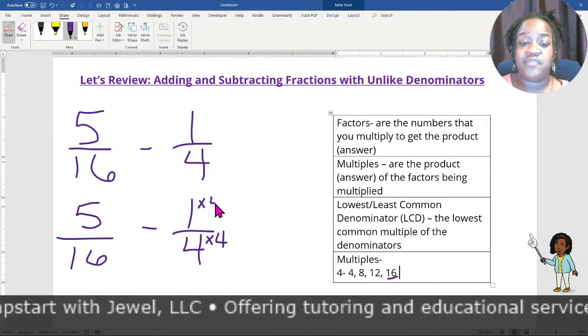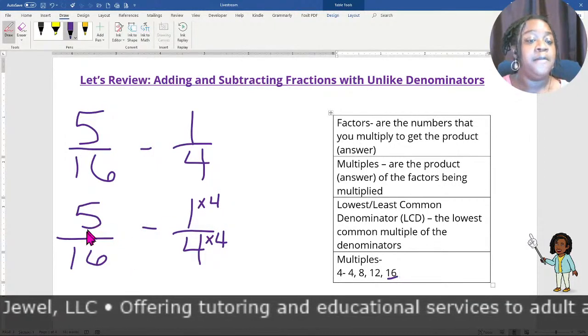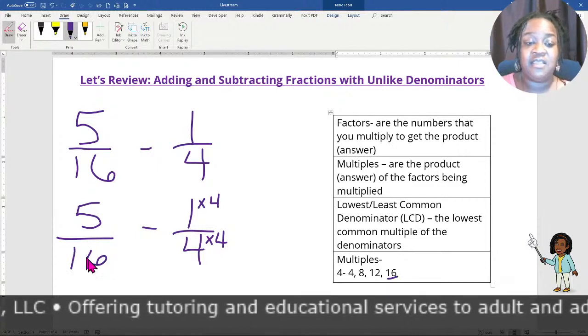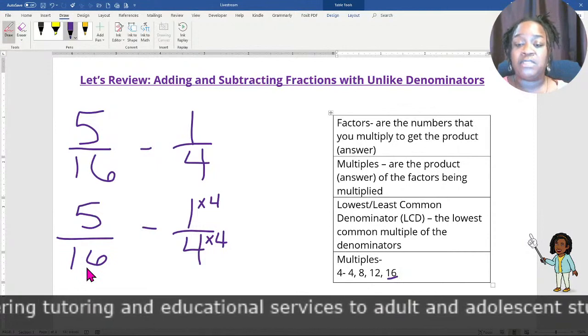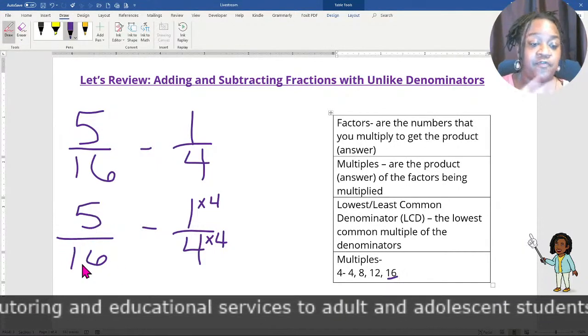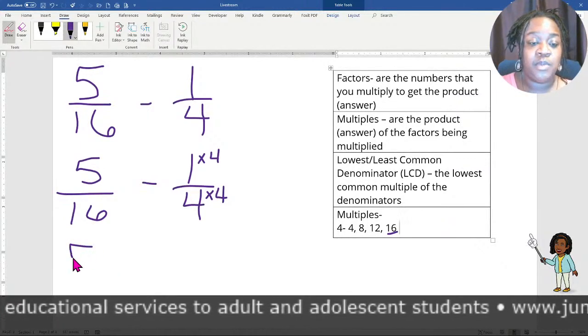So we're going to do the same thing with the 1. We're going to also multiply our 1 by 4. And because 5/16 already has a 16 here, which is our LCD, our lowest common denominator, we leave this particular fraction as is. So I'm going to scroll down a little bit. So we'll just write this one over,